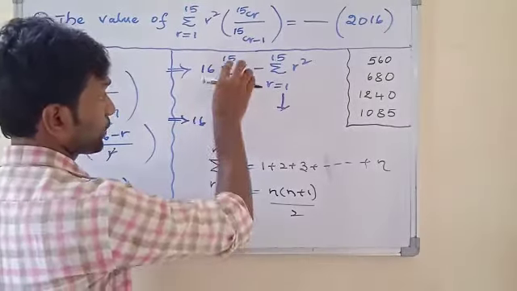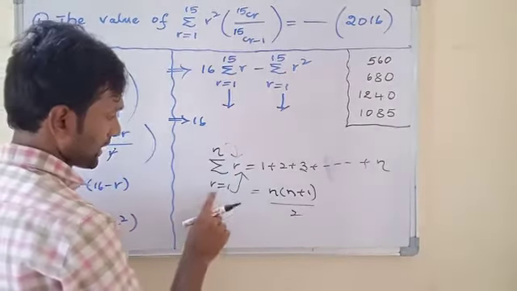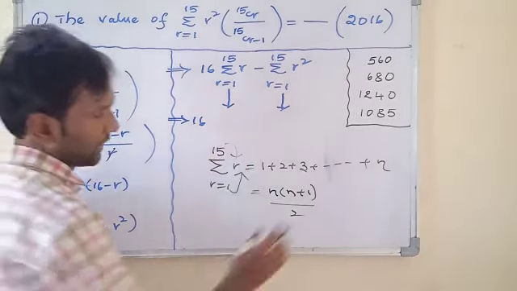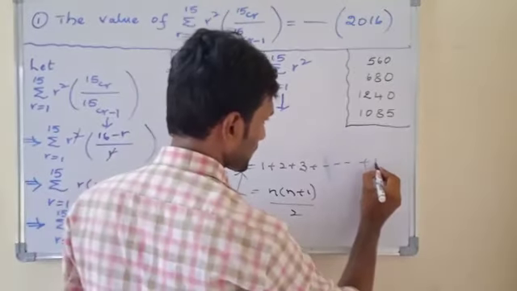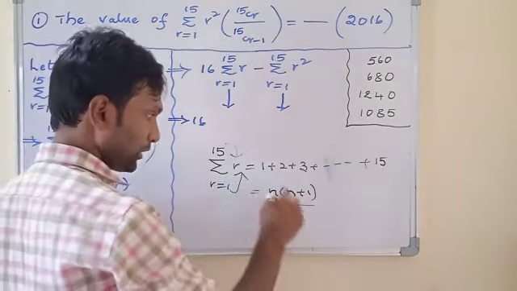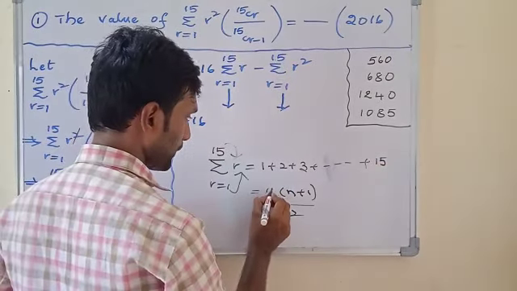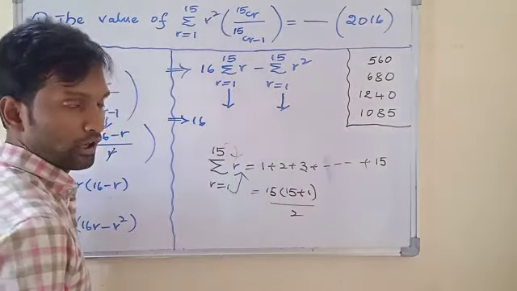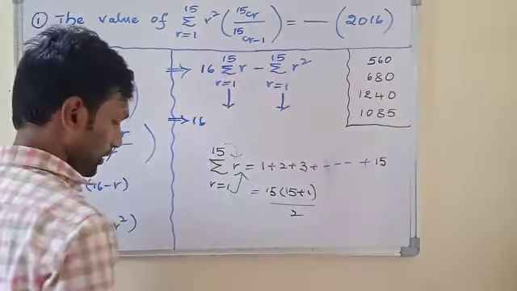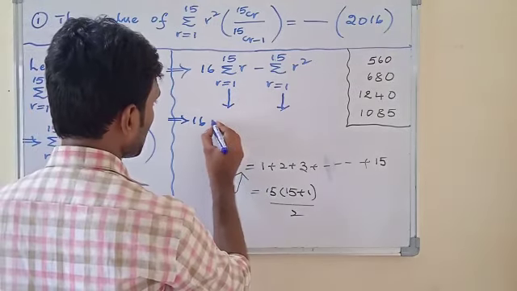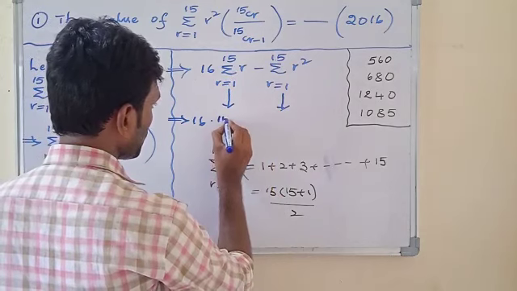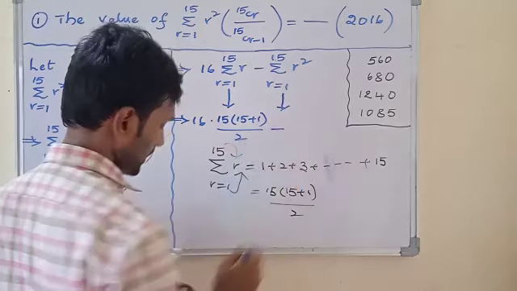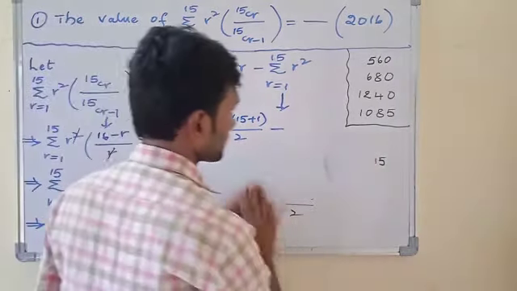Now observe the given summation. It is sigma r equals 1 to 15 of r, as given. The final value of r is 15. That means 1 plus 2 plus 3 plus, and so on. The last term is 15. Now the formula is like this: n into, n means 15, 15 into 15 plus 1 by 2. So this is the formula for the first sigma notation, that means sigma r equals 1 to 15 of r. Now write the formula, where 15 into 15 plus 1 divided by 2, minus, come to the second one.